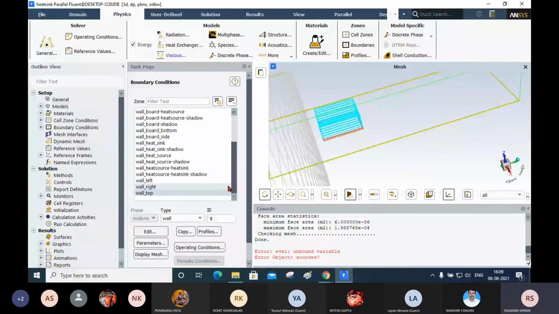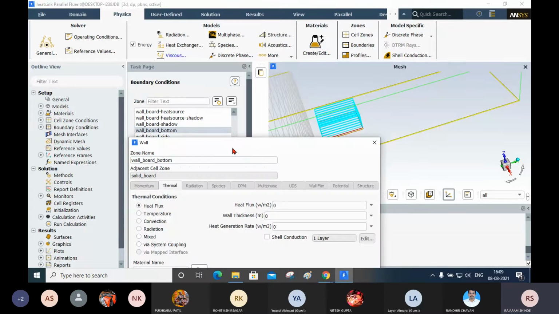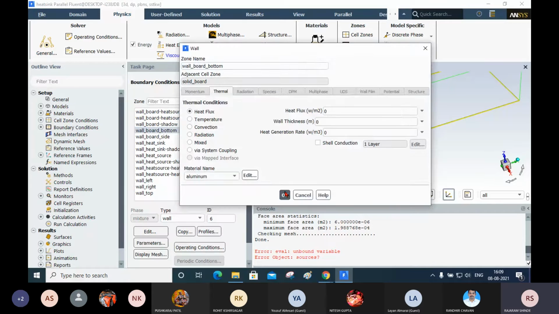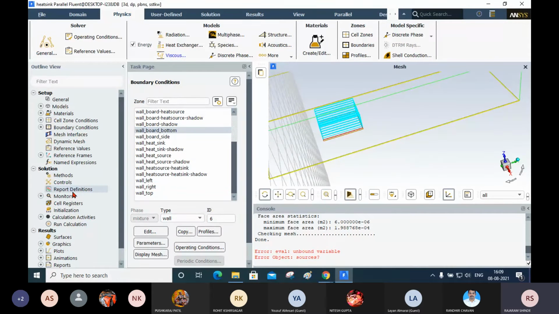Similarly, I will check this bottom wall board, edit. Here also I am going to apply 0 heat flux. Next, wall board side. Now wall heat sink, wall heat source, these are subjected to convection.